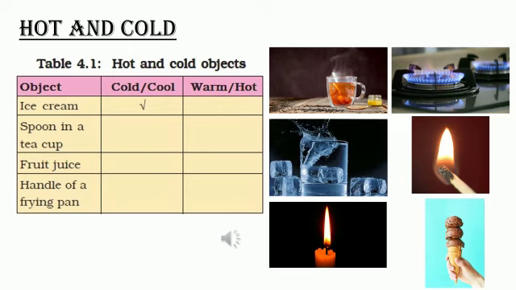Do not touch objects which are too hot. Be careful while handling a candle flame or a stove, because these are very hot in nature. We see that some objects are very cold as well, while some are very hot. You also know that some objects are hotter than others, while some are colder than others. So how do we decide which object is hotter than the other? How do we get to know how hot the substances are?